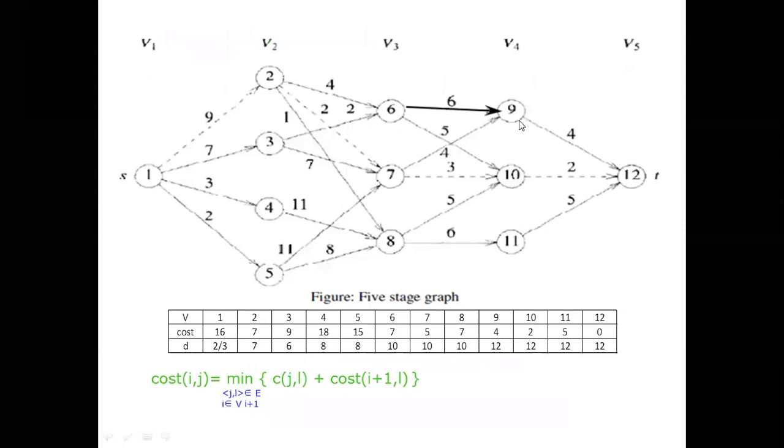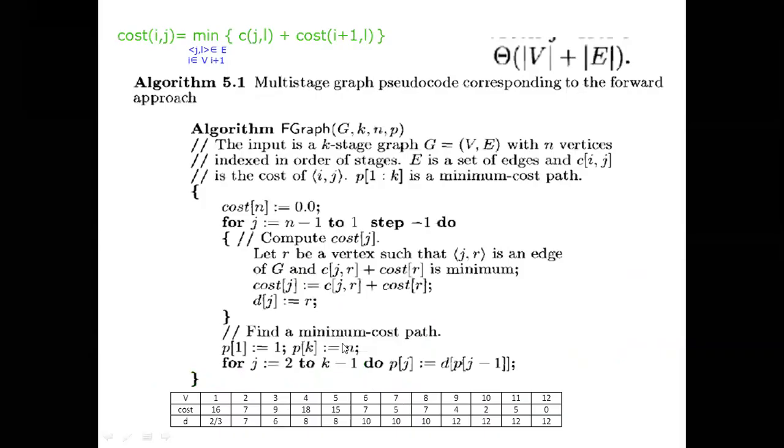6 to 9, if it is coming, 9 is going to penetrate. But in the case of 6, the smallest path is 6 to 10 only. That's why 10 is the penetrating one. That penetrating only it is showing as penetrating, means R. That R only we are storing for the D.